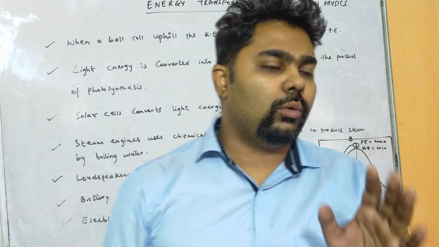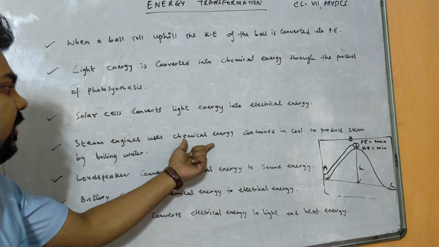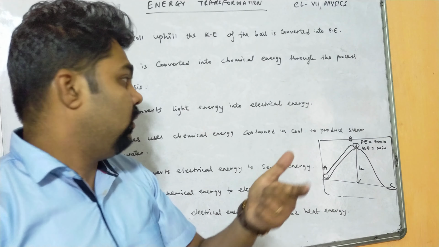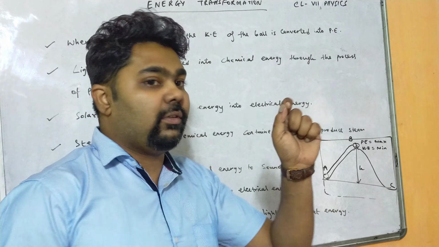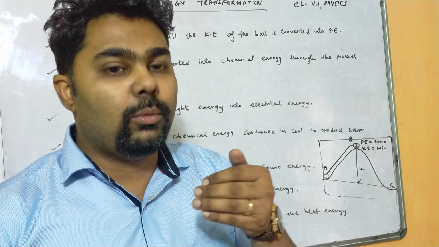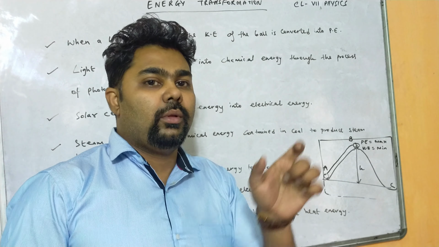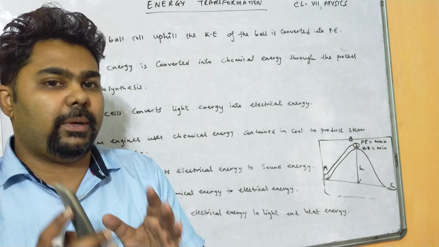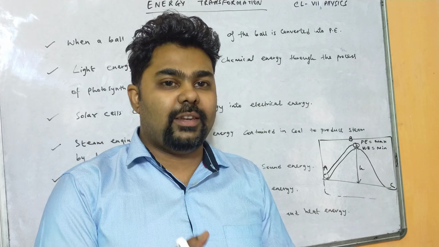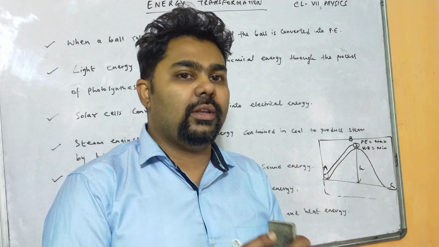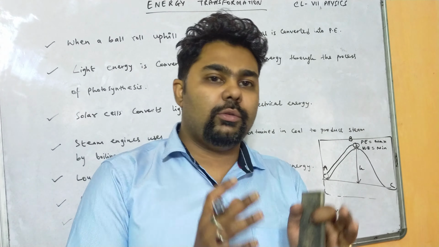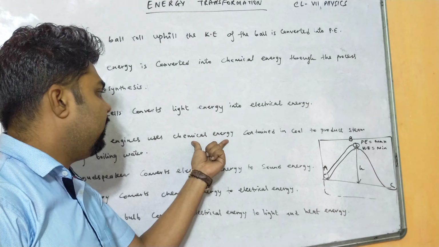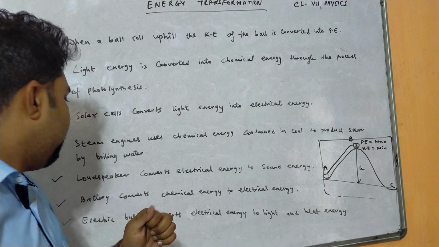So this is how the steam engine converts chemical energy into motion, that is kinetic energy. The main purpose is to move the engine. The engine moves forward only when the steam pushes the pressure in the backward direction. So here the steam engine produces steam by burning the coal. Burning the coal means converting chemical energy into kinetic energy, right?